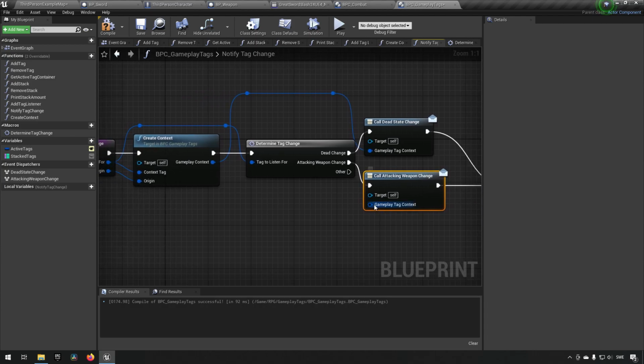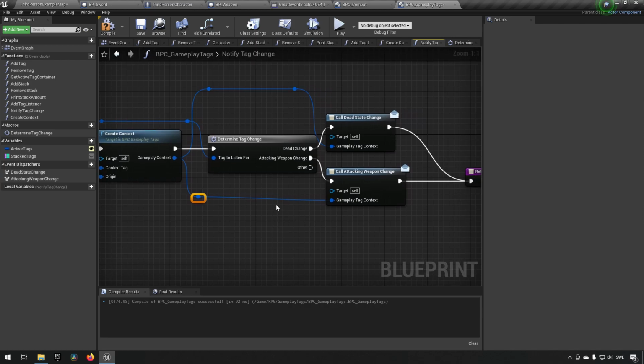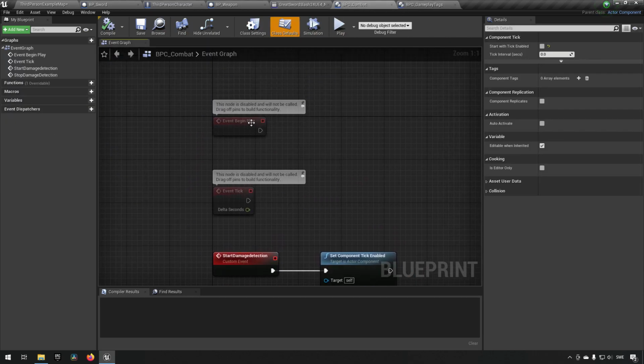And when it comes to the gameplay tag context, we have it created over here, so we can find a way to hook it up so it's a bit prettier. So now we have handled the calling of the event dispatcher also. And that's pretty much everything that we need to do. And now we have essentially expanded the gameplay tag with one more tag. So we can now go to our BPC combat and we can say,